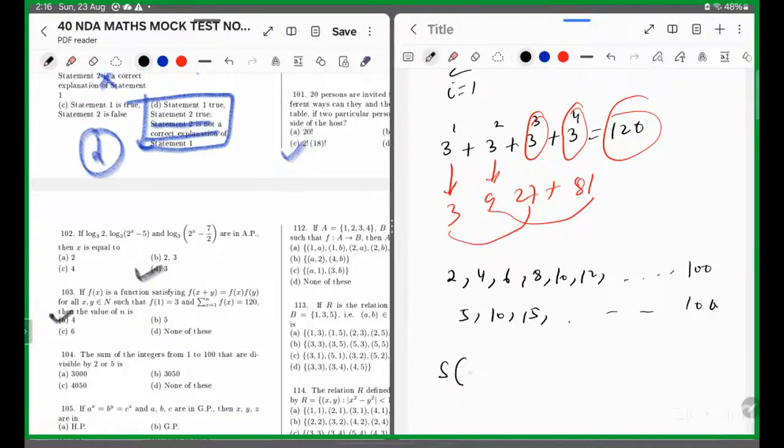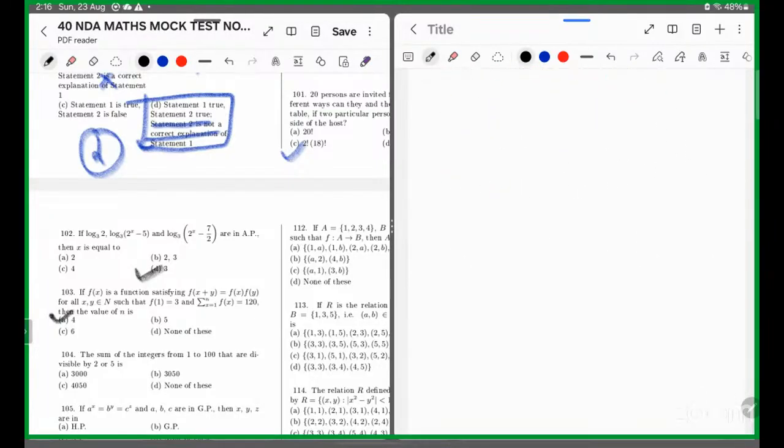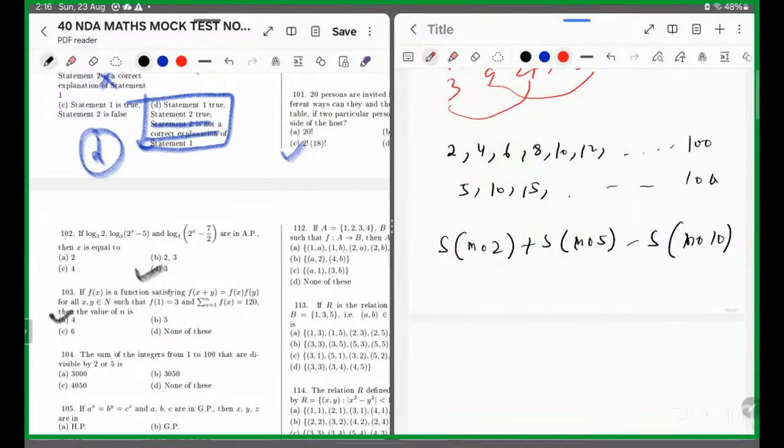सम ऑफ मल्टीपल्स ऑफ टू, शॉर्ट में लिखता हूँ मल्टीपल्स ऑफ टू प्लस सम ऑफ मल्टीपल्स ऑफ फाइव माइनस सम ऑफ मल्टीपल्स ऑफ 10। तो सम ऑफ मल्टीपल्स ऑफ टू निकाल सकता हूँ मैं, इवन नंबर है सब। तो फॉर्मूला क्या होता है, एन इंटू एन प्लस वन। तो उनका सम कितना है, या सीधा ये बंदे देखो, इनका सम हम निकाल सकते हैं सीधा, एन बाई टू ए प्लस एल। तो 50 बंदे हैं, क्योंकि 50 इवन नंबर है, और आएगा 102। 100 प्लस दो 102, या तो वैसे भी कह सकता हूँ एन इंटू एन प्लस वन।